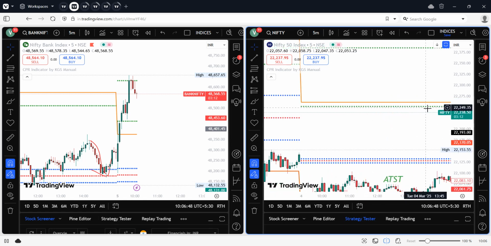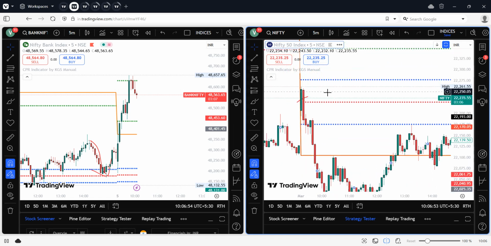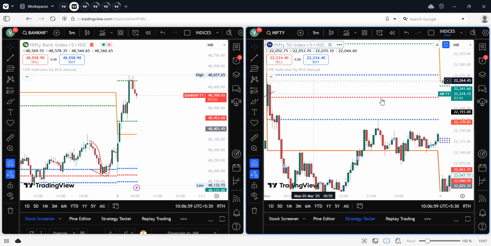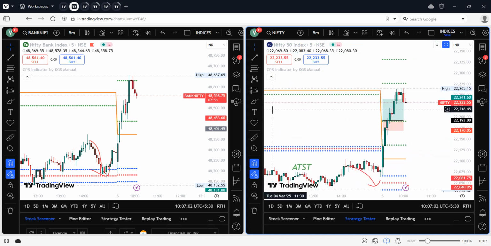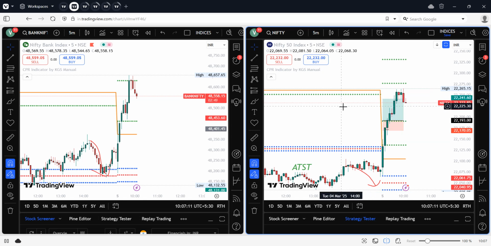In this candle. Why? Because I can tell you the reason here. This is a strong supply zone here. If I would have waited for some more time without exiting in this candle, see, it is rejecting from that point. Actually the MTM showed 2500 per lot, but during the market order execution, it reduced to around 1900, 1800 or so. So if I would have waited for the price to reach this level, you can see